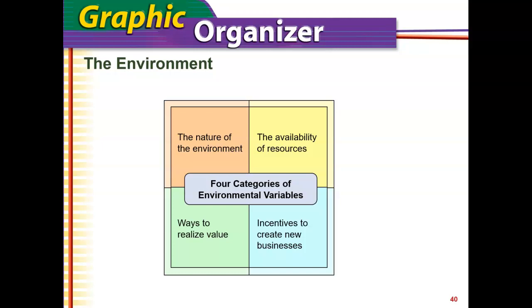What is our market environment? And then what is the availability of resources? Do we have mentors to help guide us? Can we find partners that have money to invest in our business and be a partner and have a different skill set and be very active in what we're doing? And then do we have ways to realize value? When we say that, we're thinking of those things we did in our case study, that we made more value, and we added value by whatever characteristics and abilities that we have and of our product or service, or changes in the way we go to business. And now we have an incentive to create a new business.